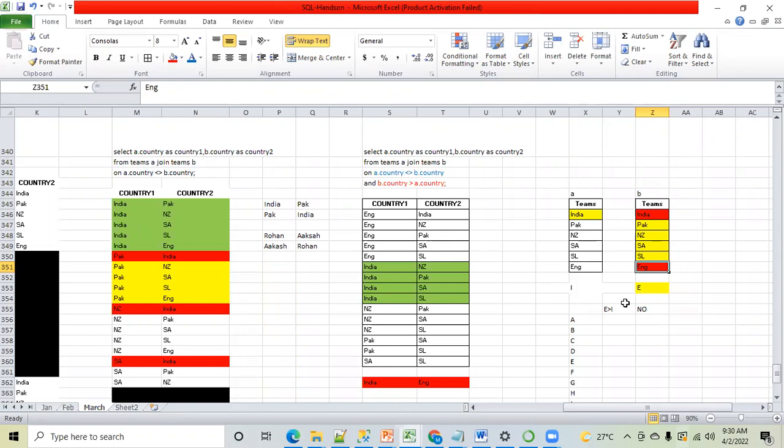If two countries start with I, then it will compare the next character. Let me take the example of Ireland. They both are I, so it will check the next character. Here is N, here it is R. R will have a higher ASCII value than N. So Ireland will be greater than India. Is that clear?